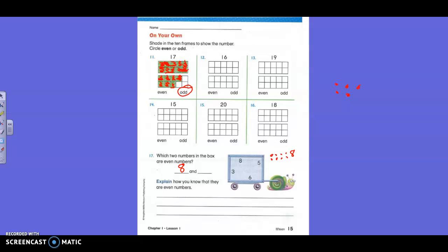5. Is it odd or even? Okay, so we don't want 5. How about 3? 1, 2, 3. Odd. We don't want 3. So obviously, what's the other even number, guys? 6. Okay. We circled them. Explain how you know that they are even numbers. How is 8 and 6 even? How are you supposed to know that? Because we started them. And they what? They didn't put any extra. Okay. So, or there is no leftover. Okay. So